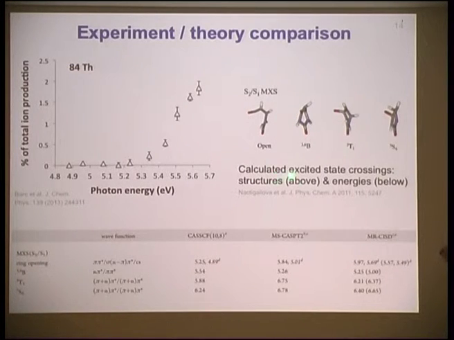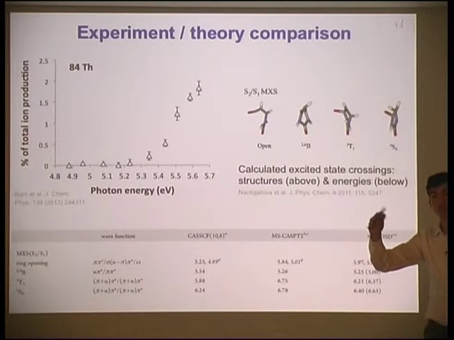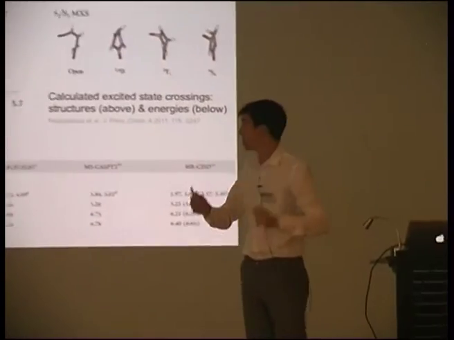And we're lucky enough that another group has calculated electronic excited state crossings, so if you like, the intersections between different electronic excited states. And they've calculated how the molecule's geometry changes as it crosses between these electronic excited states, and also the energies at which these crossings take place. And you can see that these are for the crossing between our bright pi star state, the one that lasts for 50 femtoseconds or so, and our relatively long-lived singlet state that we're ionizing from.